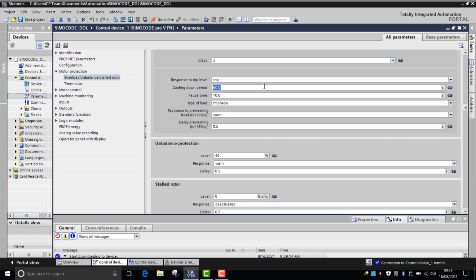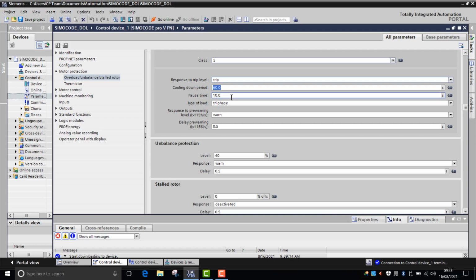So you'd want a nice cooling down period here, and as you can see, there's quite a vast range from 60 seconds up to over 6,000 seconds here. I mean, the general setting for this is 300. But you can set it down to 60 if you wish, if you feel like that's enough time for the motor to cool down. This option here,